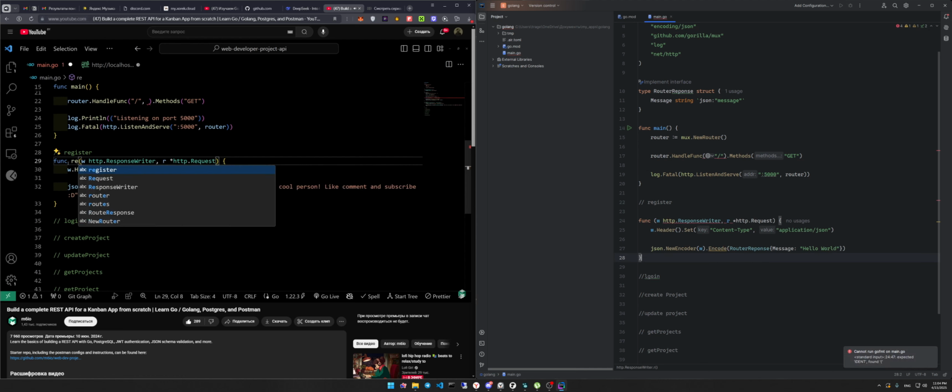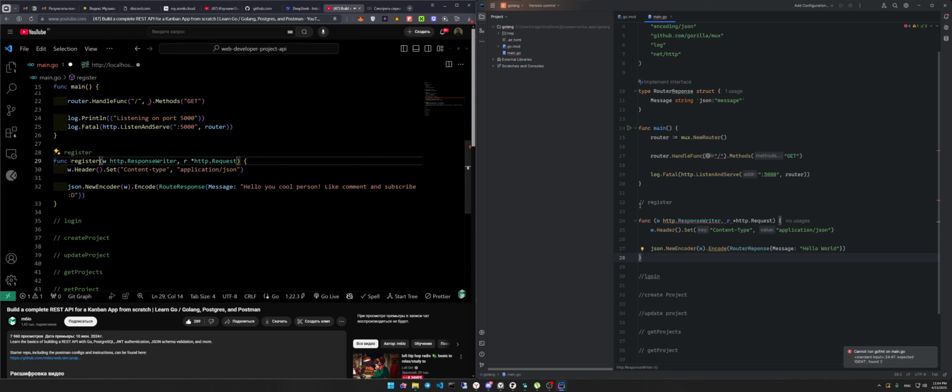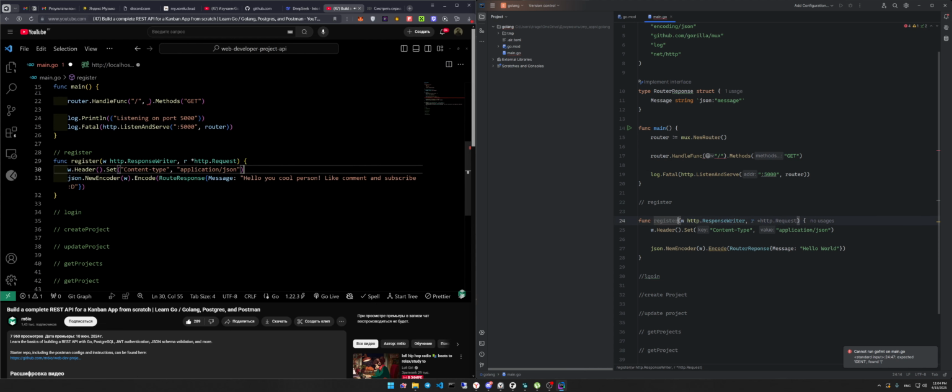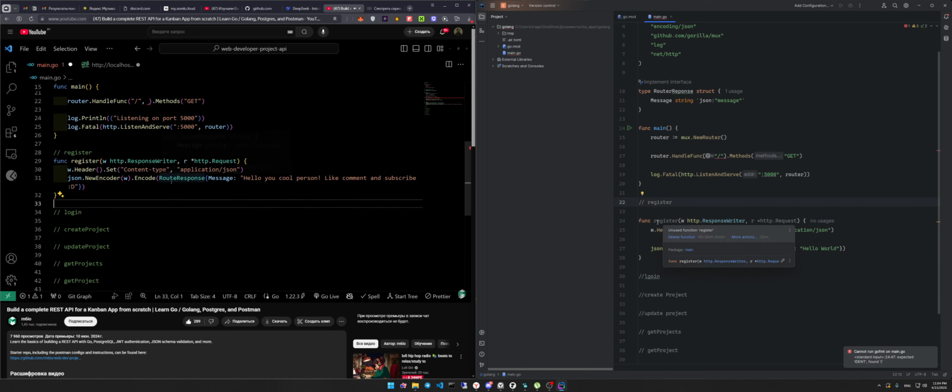We'll say in the func, this is func register. So this is our register function. And in here, yeah, we do want application/JSON, and rather than saying all this,